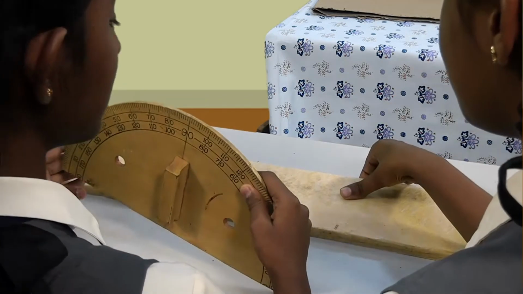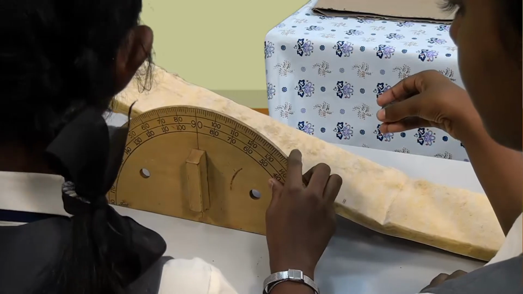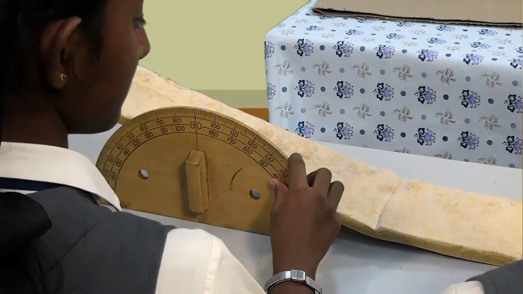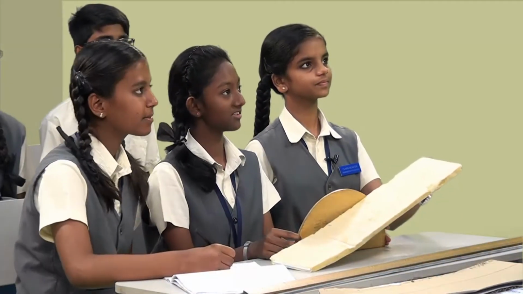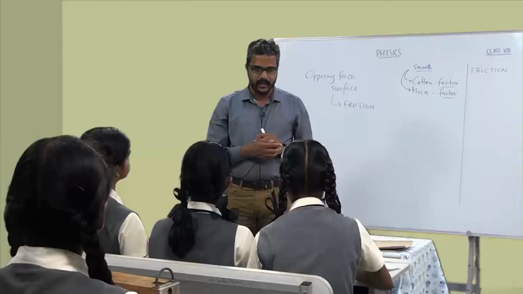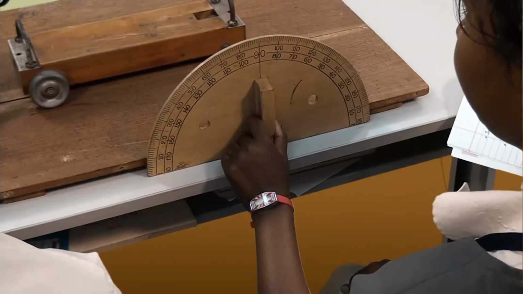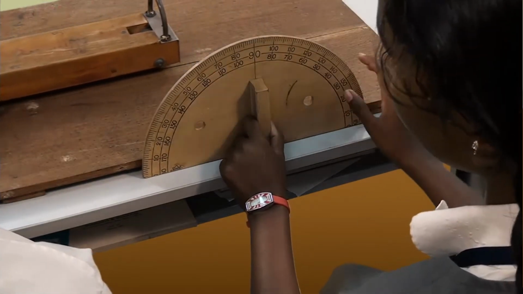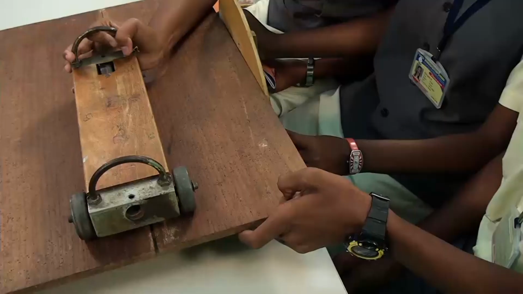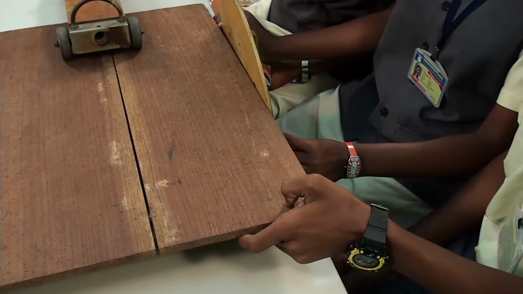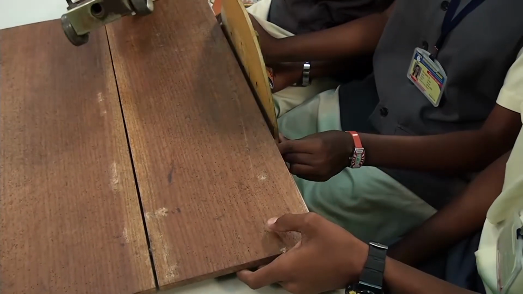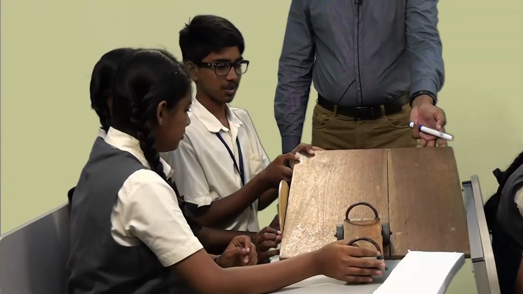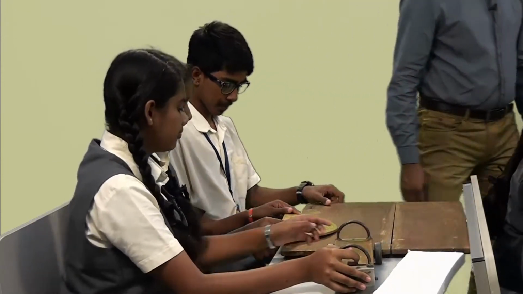It's moving faster than before at 60 degree. So you have done 0 degree, 30 degree, 60 degree. Write your observation. It is a flat surface. What did you observe? It is moving. Okay, then from 30 degree, it moves faster than the 0 degree. You can note down the observation.